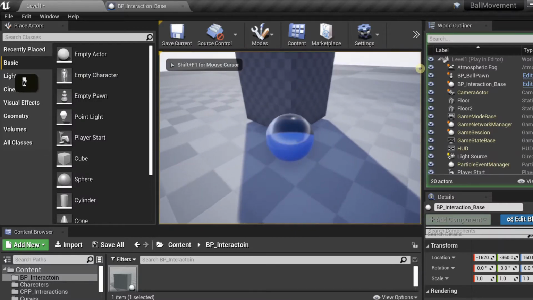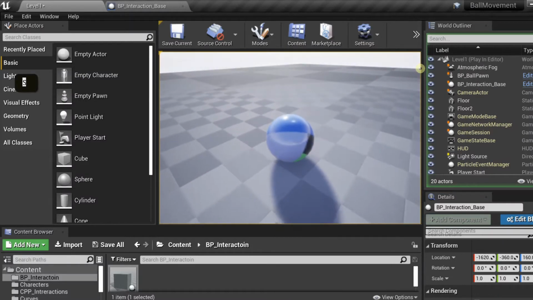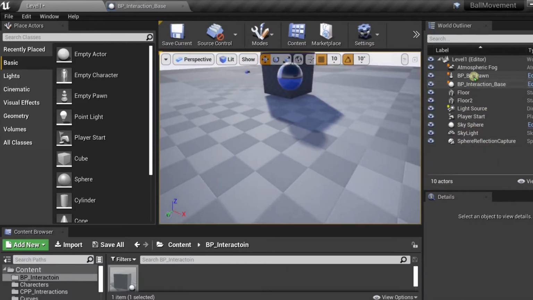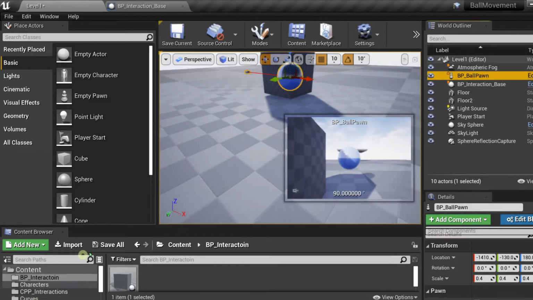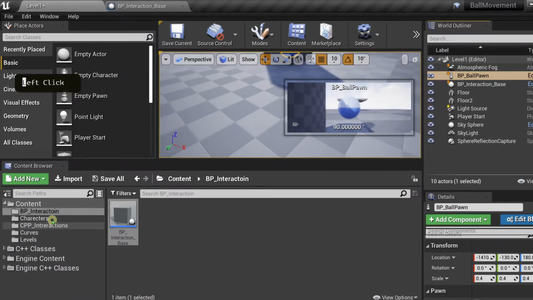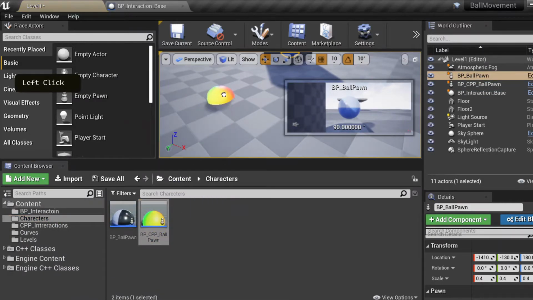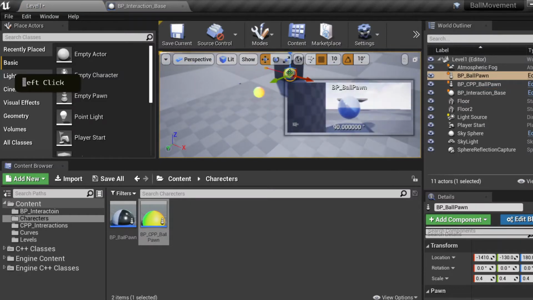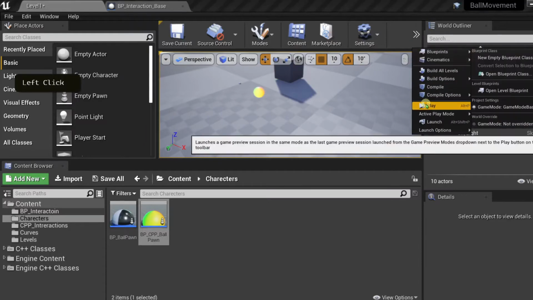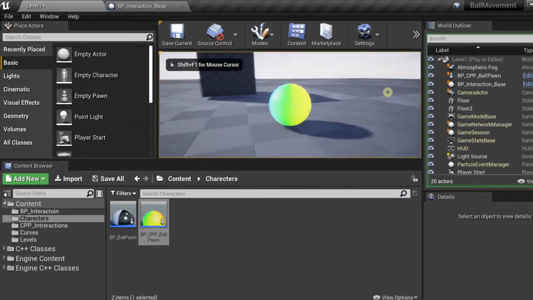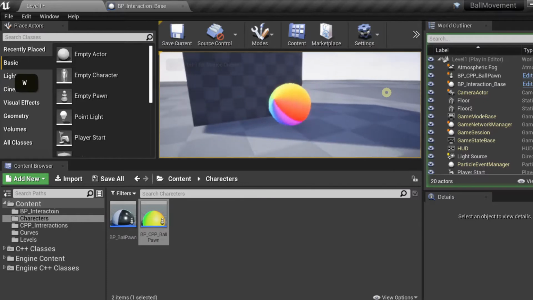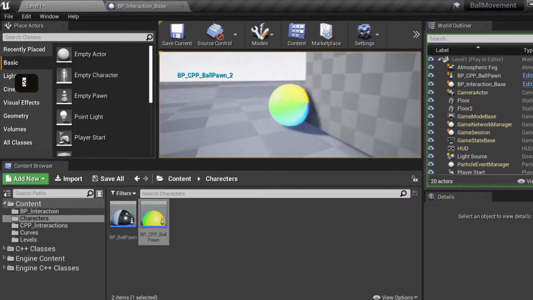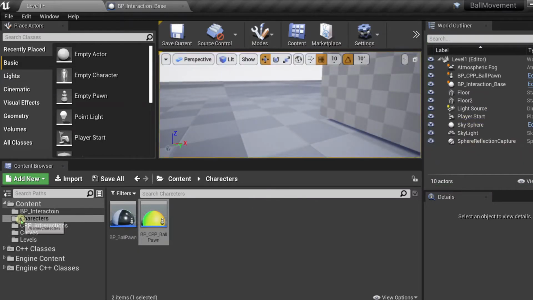Now if I interact with this cube, it says BP_BallPawn_5 is interacting with it, which is our ball pawn. Now if I decided to use another actor, let's say our CPP pawn class, which is essentially the C++ equivalent of our ball actor, and I go into it and interact, we notice now it says BP CPP ball pawn. So effectively, the other actor that we see in this event system,